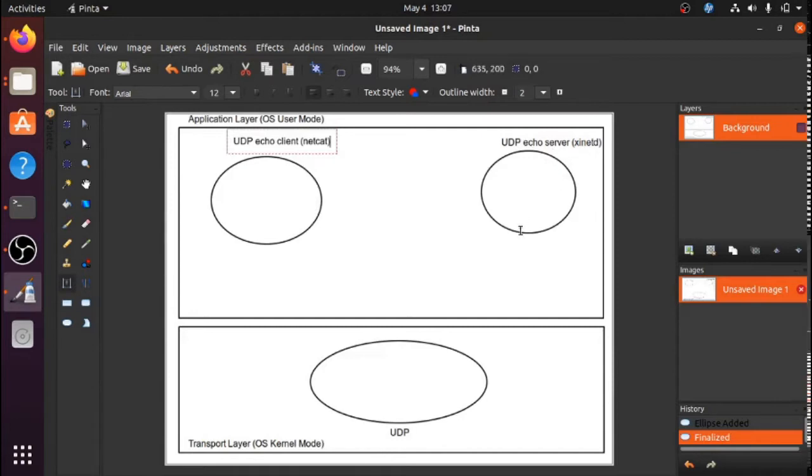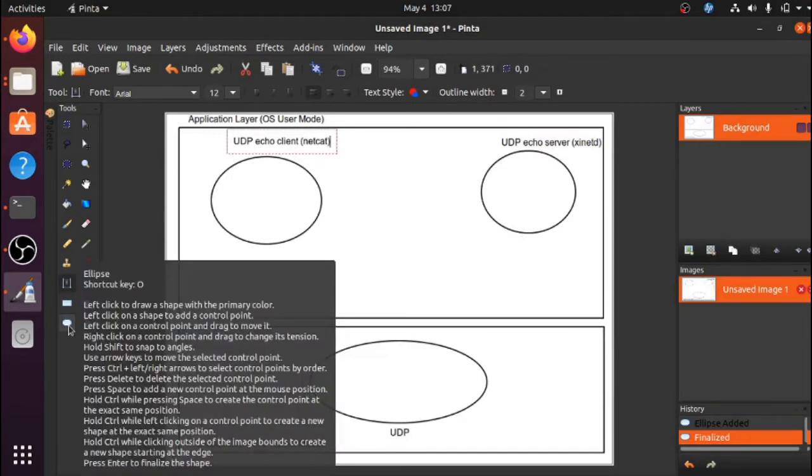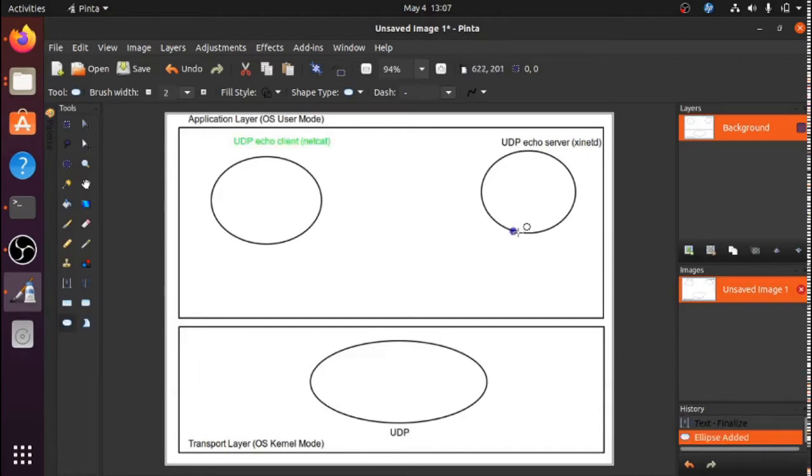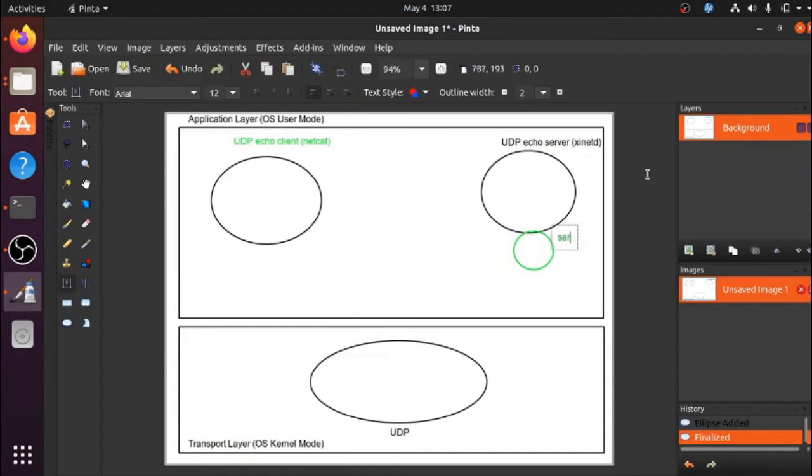Okay, but as we talked about in the previous class, in order for this communication to happen, each of these must have what is called a port. Let's draw this. So the Echo server and the Echo client should each have an appendage, which is a port. So this is the server socket, and for the UDP Echo server we already know the well-known port. The port number is 7.